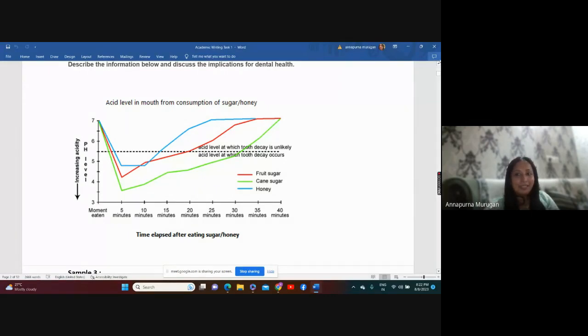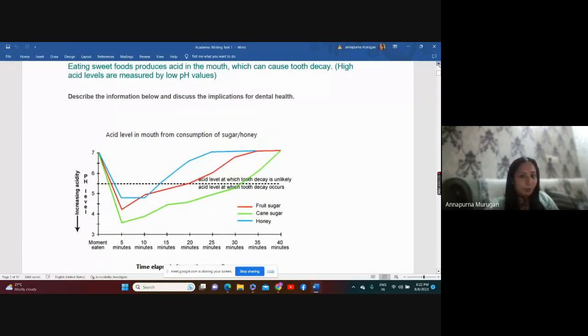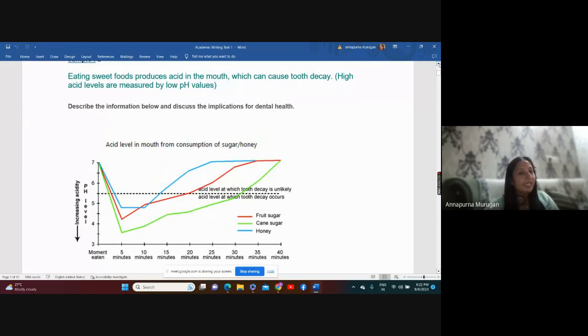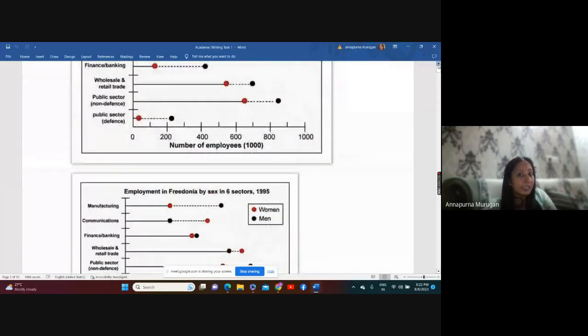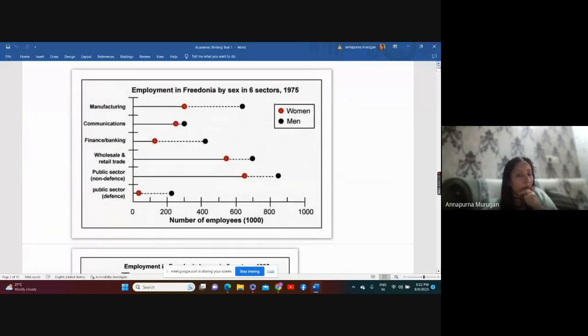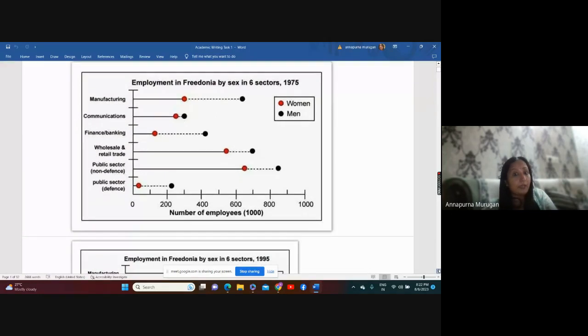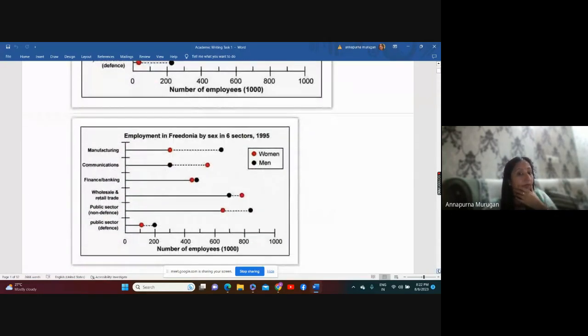Now, this is paragraph one. I want you people to properly read this question. Ma'am, can we compare women and men? Yeah, women and women also you can compare. In which field we have more women, in which field we have less women, even you people can compare that. Think out of the box here. Don't just do one thing; you can see in which field men are working more, in which field women are working more. Even that is also one of the ideas you people can speak out here, isn't it?